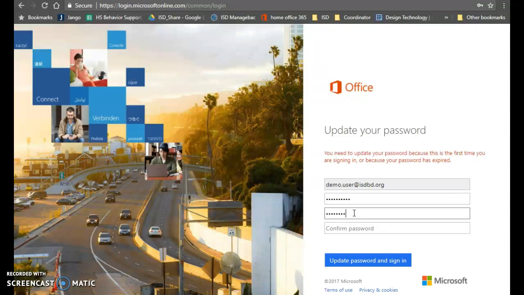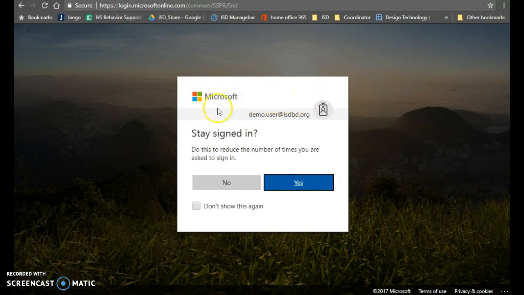you are ready to go, and you type in the password twice, and remember it is case sensitive, and it should then sign you up. Okay, it'll ask you to stay signed in. I recommend that you say yes,